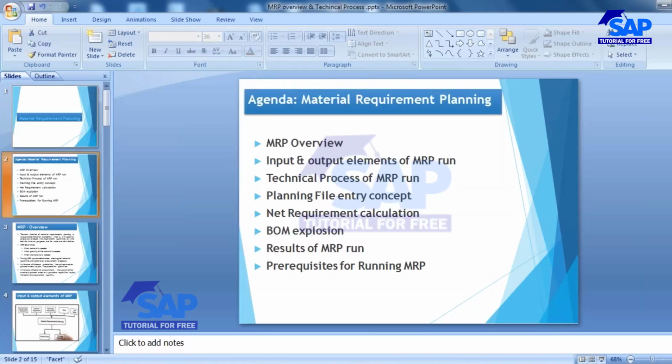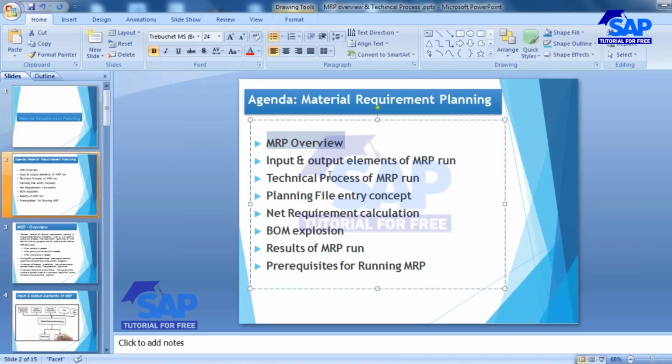Okay, so the topics we'll be covering in MRP today. What is MRP? We'll see the MRP overview. What are the input elements and what are the output elements of the MRP run? When we do the MRP run,